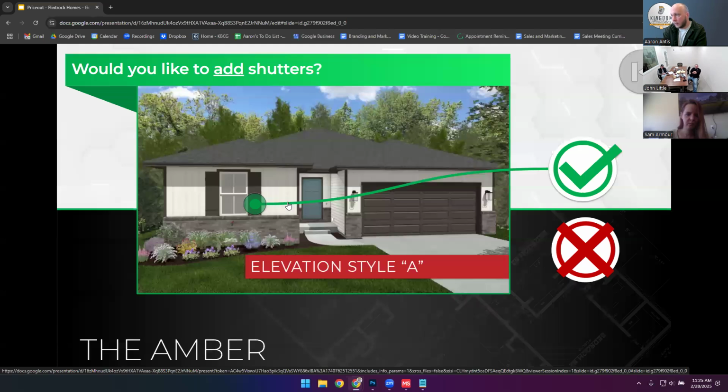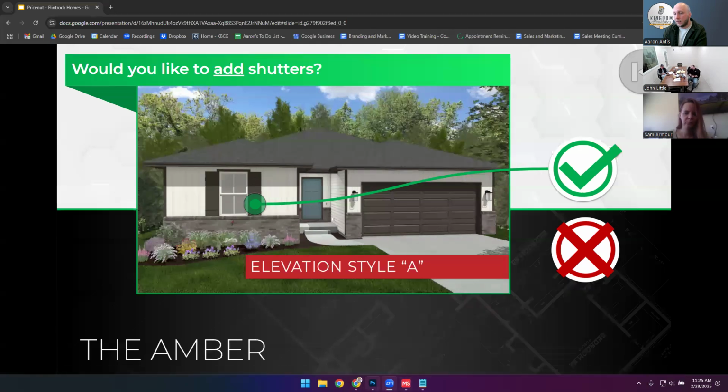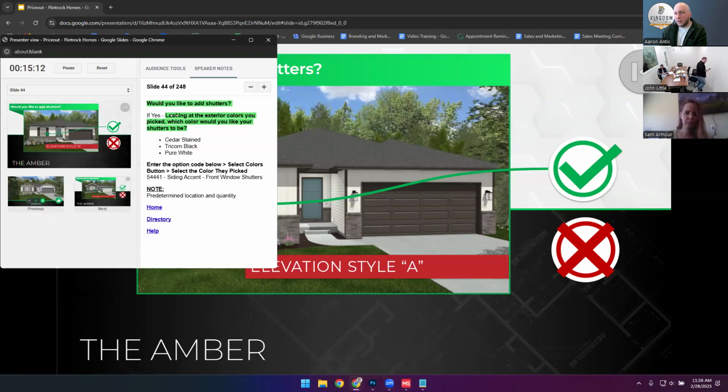Now I'm going to ask about amber elevation A options. Do you want to add shutters? So you can see to them, it's just like, here's the indicator that there are shutters. But for us on this end, you see how the text is in green because we're adding it. Are you seeing that? So it says, would you like to add shutters? If yes, and actually I need to change this because it's only stained cedar. Enter the option below, and you can see it's saying that there are steps here. Enter the option code below, select the color button, and then select stained. That's just what you'll end up having to do after we hit